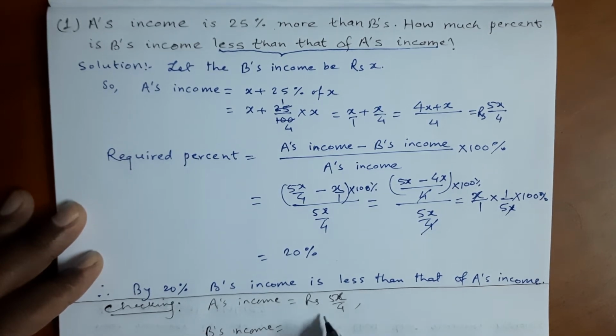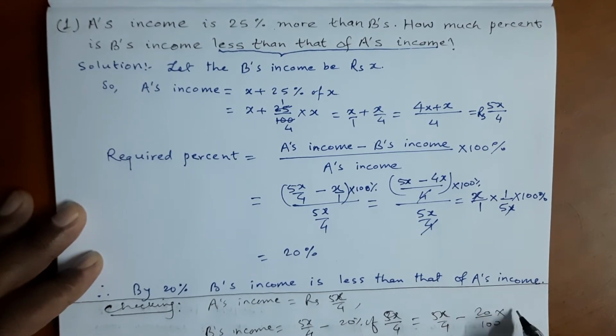B's income equals to A's income minus 20% of A's income. 5x over 4 minus 20, in place of percentage 100, of means multiplication sign, 5x over 4. Now 20, 5 is 100. Now 5 can be cancelled, so you will get 5x, here is nothing, means 1, all cancel means 1, and here is x, 1 times x, it is x, 5x minus here is